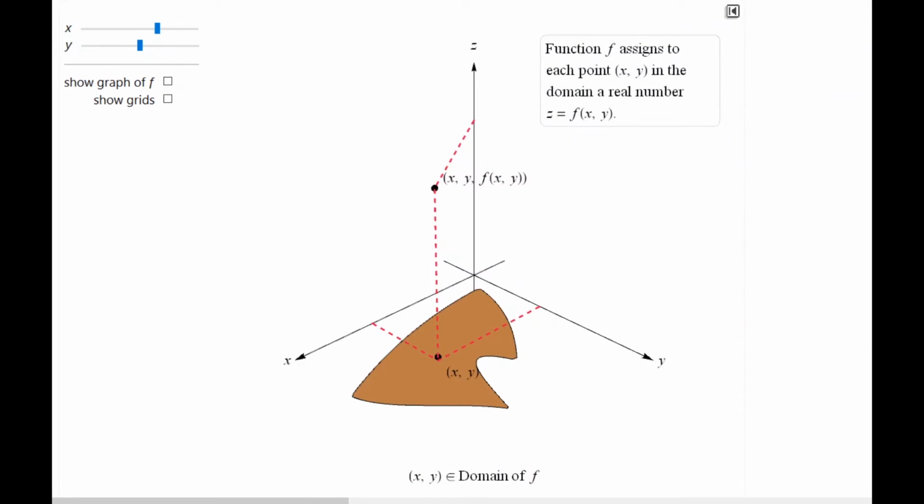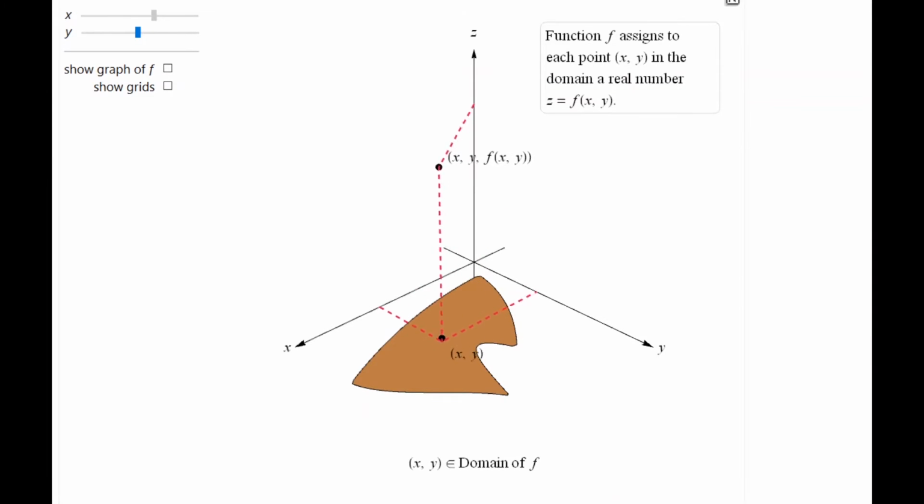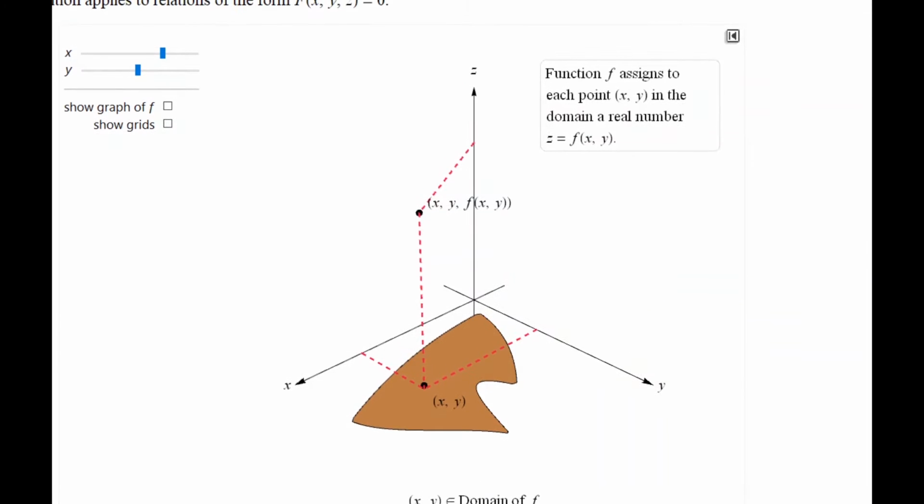So take, for example, what you're seeing up here. Down in this dark orange there, closer to brown, is the domain of some function. And for a particular x and y that we could vary, those values get mapped up to some value f(x, y), okay? If you represent all of the points that x and y map up to, you will get what's called the